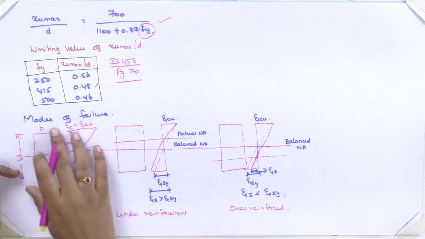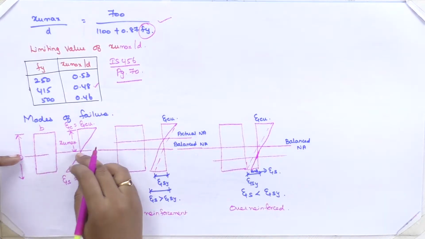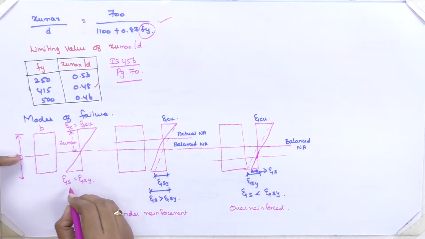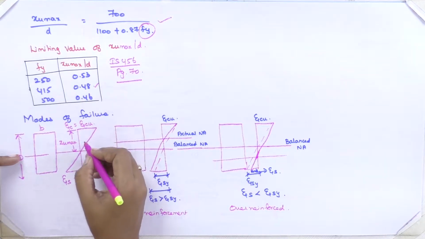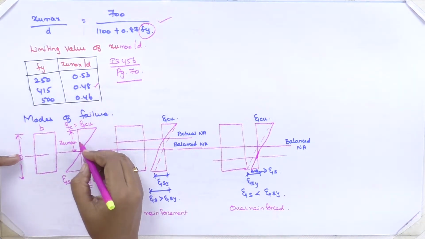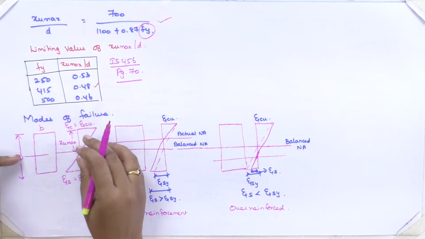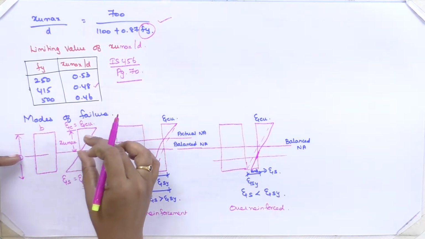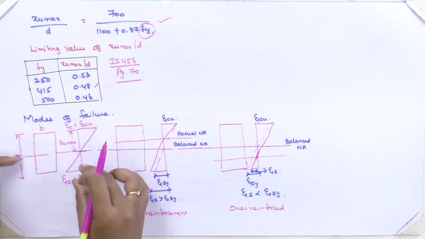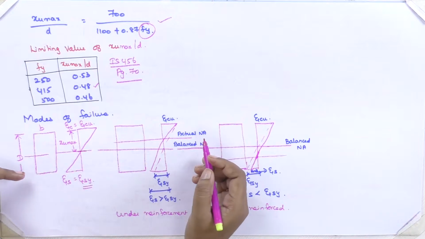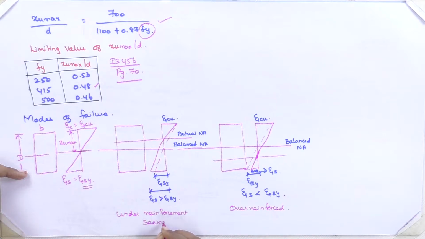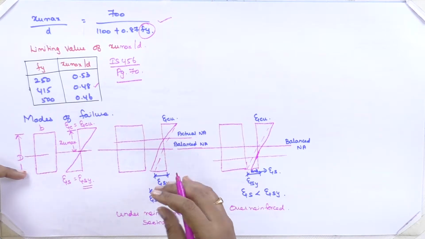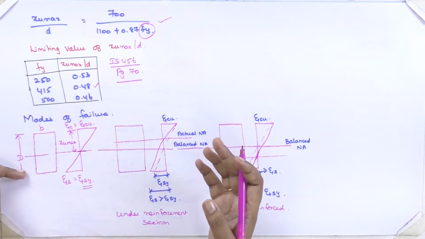Why are we calling this modes of failure? When epsilon S is equal to epsilon Sy and epsilon C is equal to epsilon Cu, the section will fail. At that time we can directly calculate the depth of neutral axis as Xu max. This failure will happen simultaneously for concrete and steel. That's why we are calling it a balanced section. Okay, clear? Then this section, why we are calling it an under reinforced section is that, as the name itself says, under reinforced means steel is in less amount, so the concrete will get